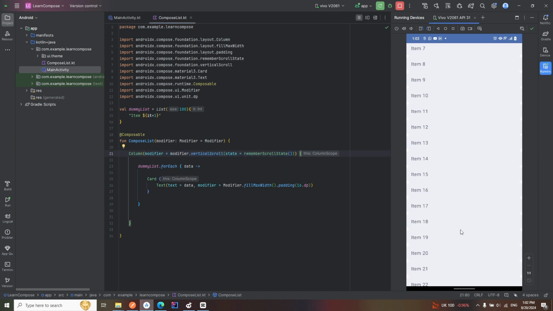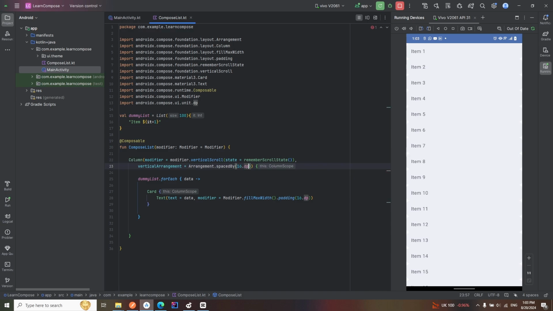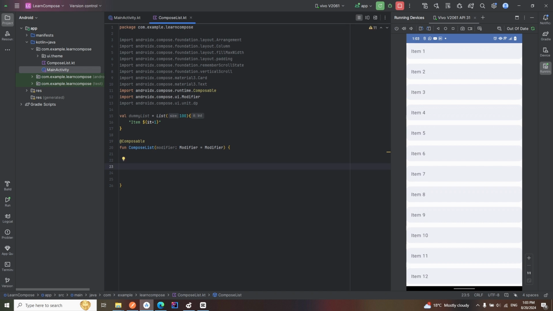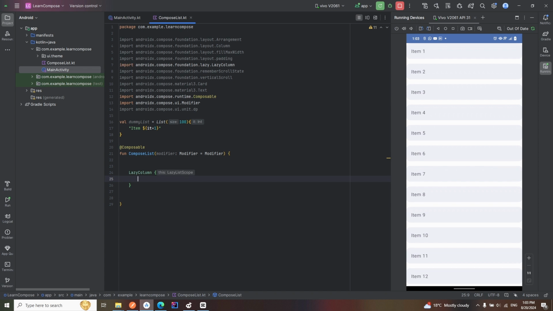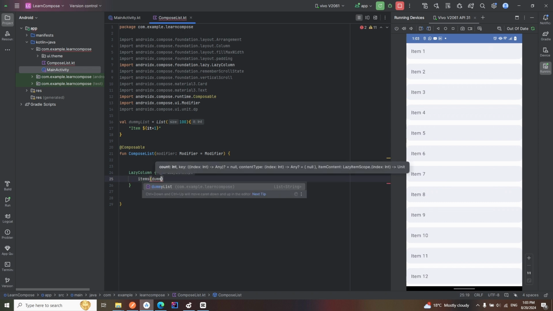So this was the tutorial for using a column. For adding space between items, we can add the arrangement of 16 dp. See, now let's try our lazy column. I will keep this code and I will remove the rest. Now adding lazy column is quite simple. All we have to do is write lazy column, and now lazy column is going to take items, which is going to be the list, and here I will say our dummy list,